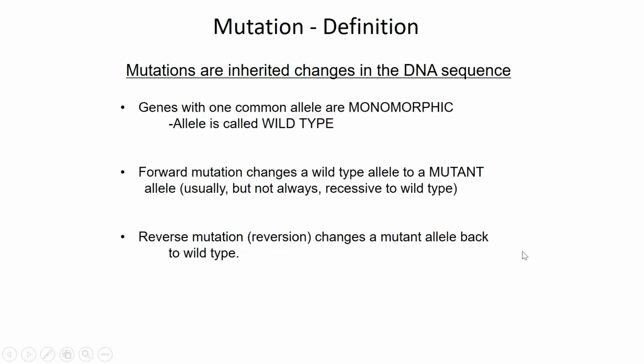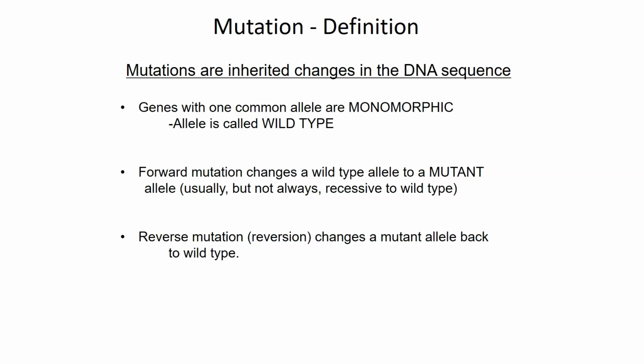All right, so let's start with the definition of mutation. A mutation is an inherited change in the DNA sequence of a chromosome in an organism. Genes that have just one allele are called monomorphic, and the allele is called the wild-type allele. If the wild-type allele is mutated, that's called a forward mutation, and the new allele is called a mutant